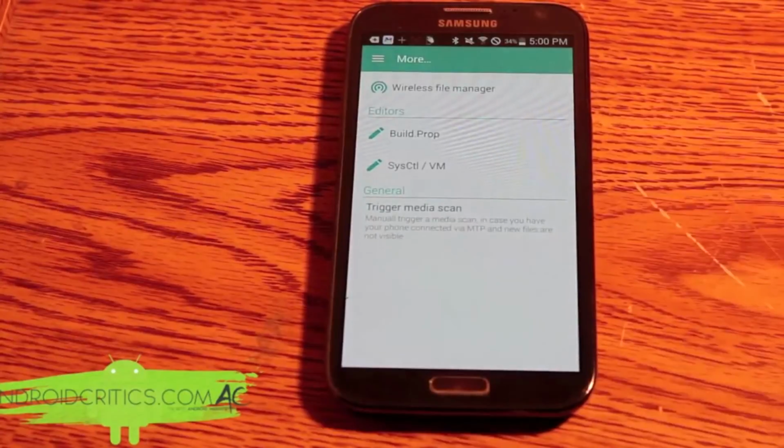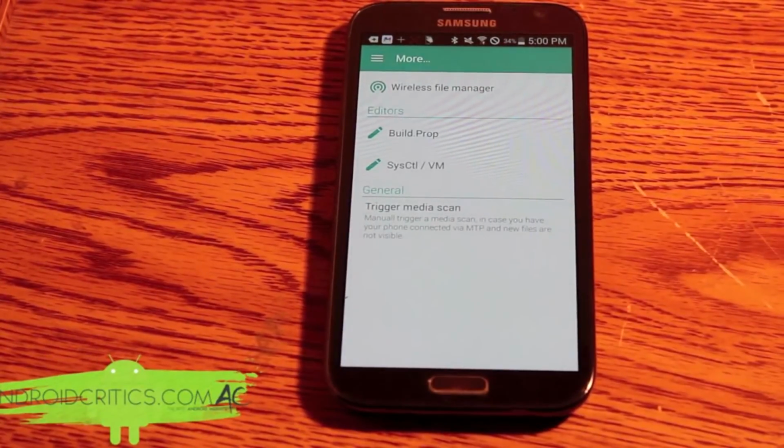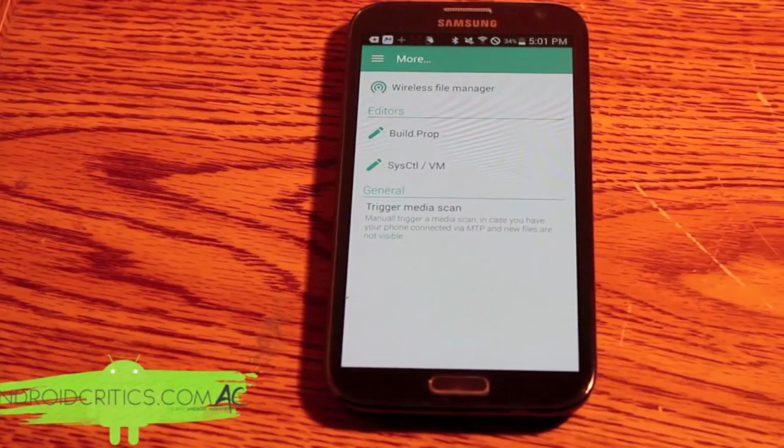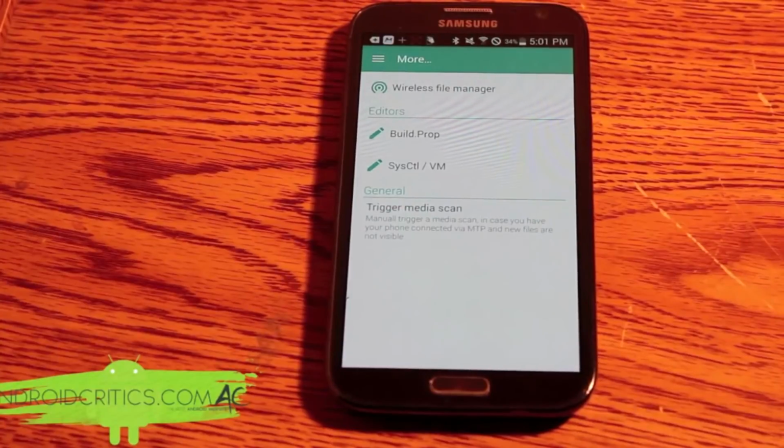And you have more right here, so you can take a look at the wireless file manager and the build prop and much more. Now, Device Control has a plethora of features. You can change each individual part of your device with it. It's very informative, it's very intriguing at the same time, and it's one of the best rooted apps of all time. And it's especially nice to see a new rooted app with a nice material design and everything that you want in your device. It's an all-in-one app, and it's definitely one that I recommend. So this is Device Control, and this is the number 1